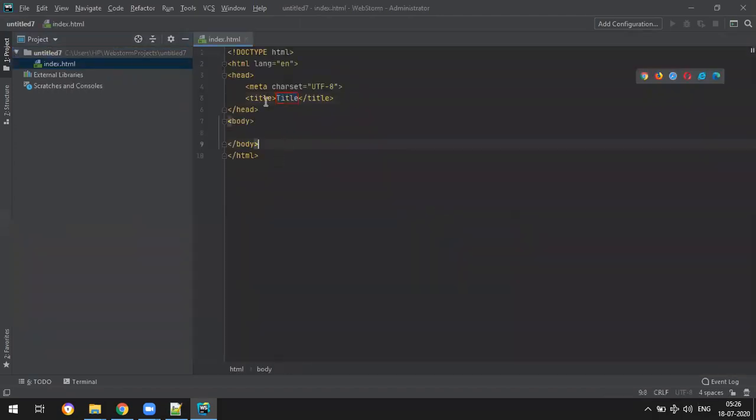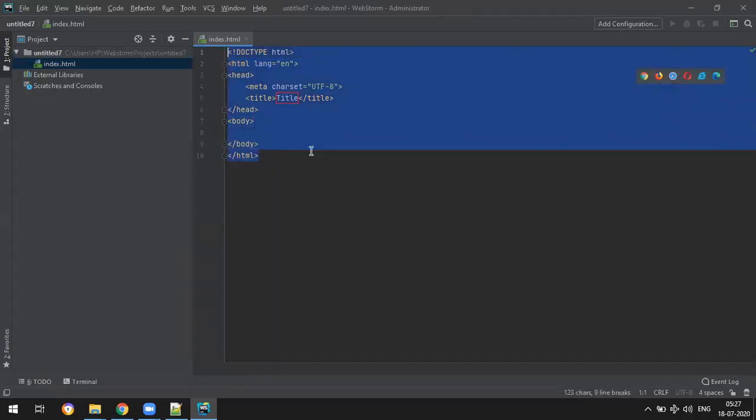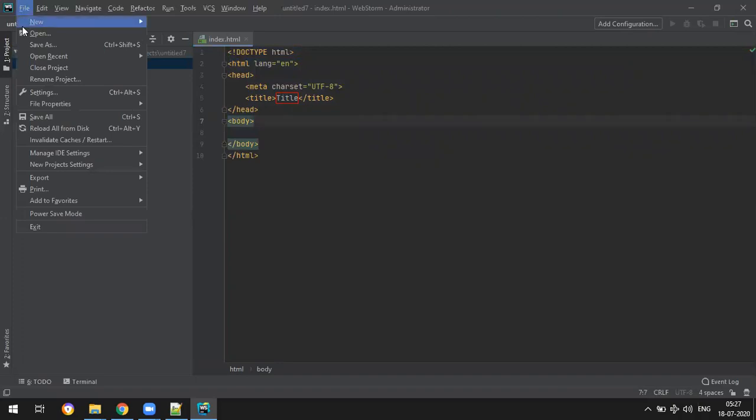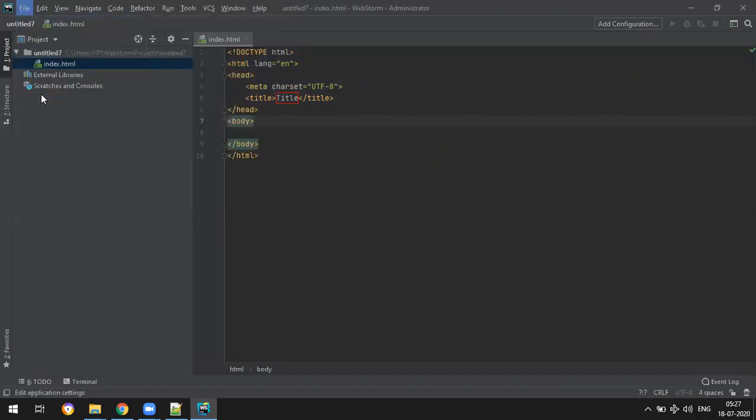Okay, see here the source code has a very little font size. So if you want to increase the font size, you can go to the file, because I told you, right, mostly we use this software. So let's make more settings. If you want to increase the font size here, you can just click on file and settings.